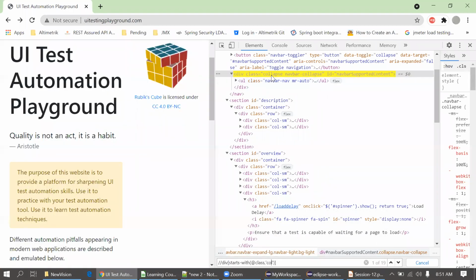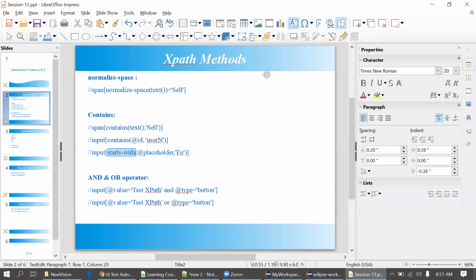So it should point to this locator. Now you can see I have put starts-with @class collapse col actually. So it will just point to this one only because it is matching the first starting string of this class. Okay, so these are the different ways using contains and starts-with.